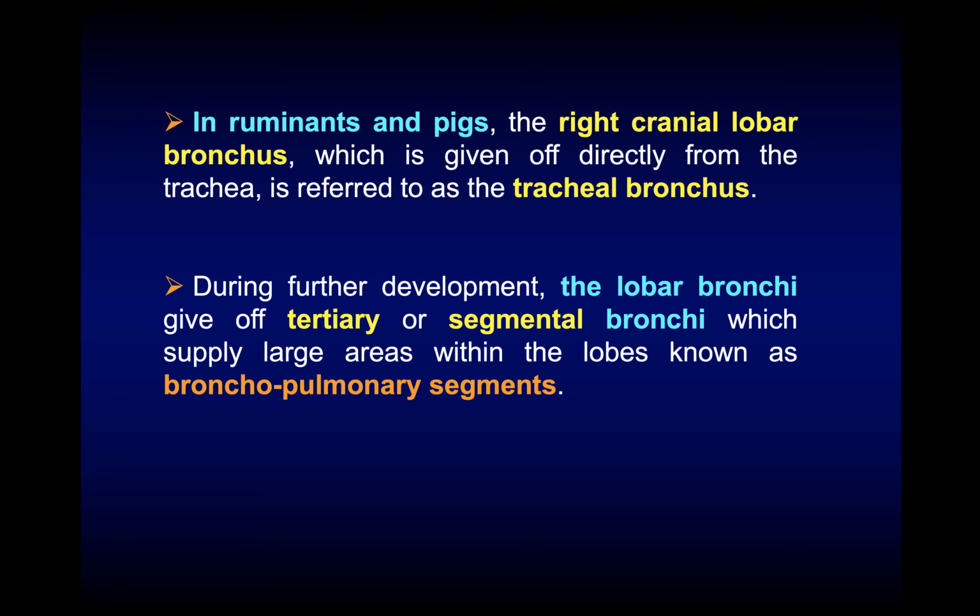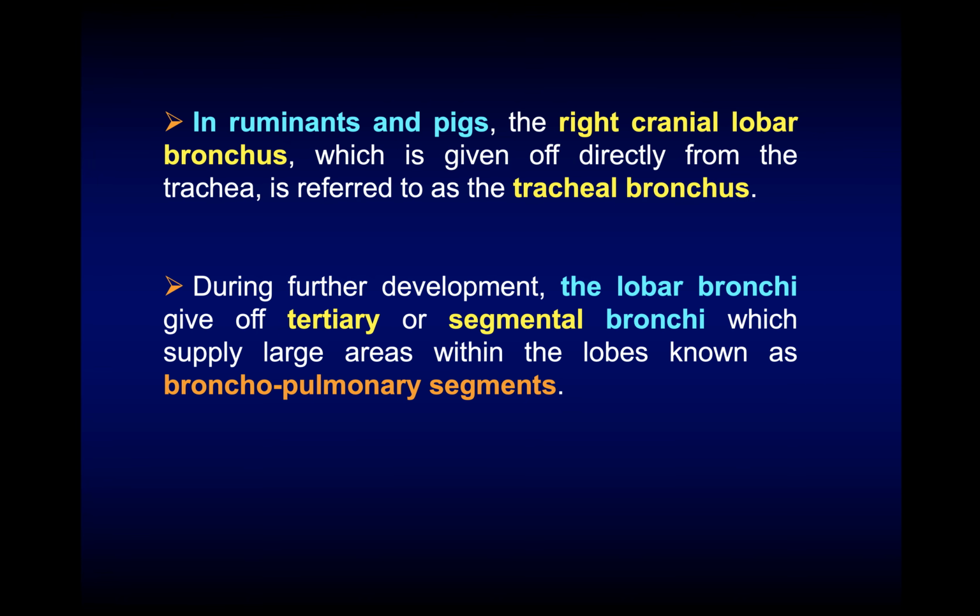One important thing: in ruminants and pigs, the right cranial lobar bronchus gives off directly from the trachea, and this is referred to as the tracheal bronchus. This is very important to differentiate between ruminants and pigs from the other animal species. Remember, we have the tracheal bronchus, which is a direct branch from the trachea that's going to supply the right